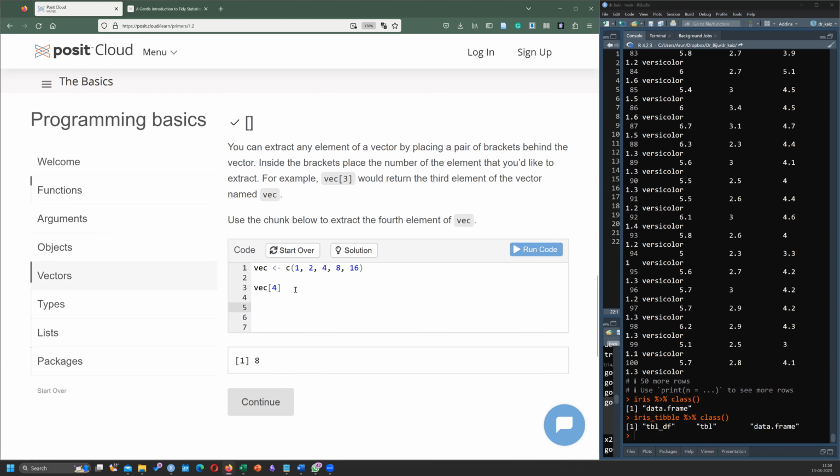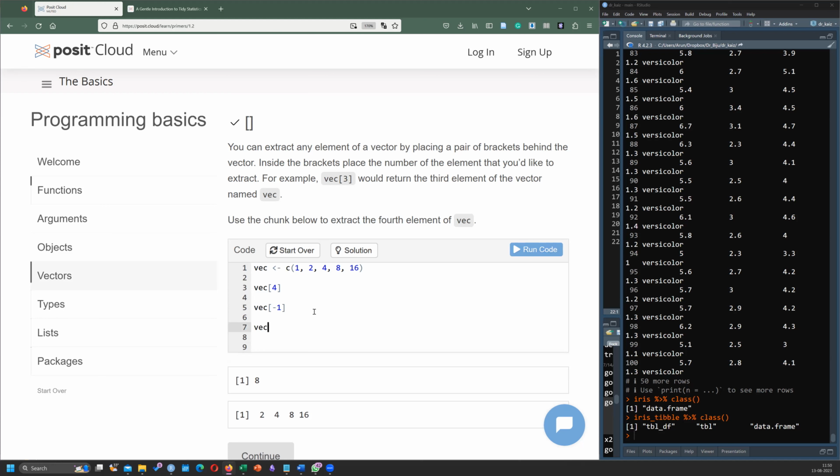Anybody want to play around with this? What if we say vec minus 1? Absolutely valid. What did it do? It removed the first element. I thought you guys said you wanted the last one.